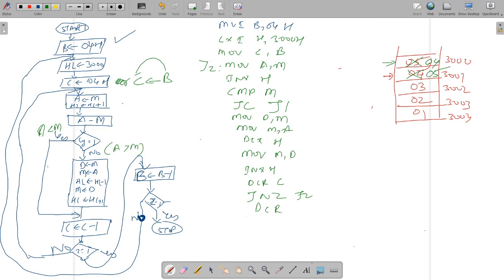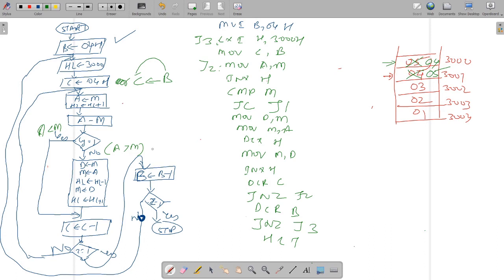Now DCR B, jump if not zero, J3 will be there. So J3 will be coming here, and now it is HLT. In this way you can write a simple program for arrangement of a block of 5 bytes of data in the ascending order.